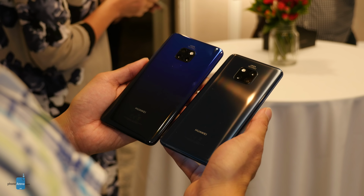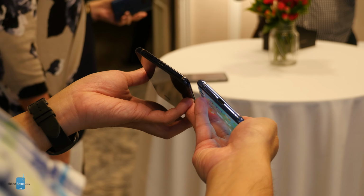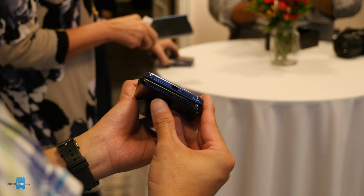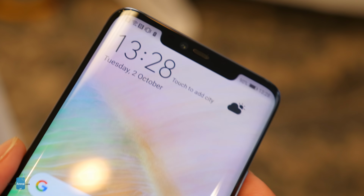And even though the Mate 20 Pro ditches the headphone jack in the process, it benefits from having an IP68 water-resistant construction. Yes, there's a wider notch with its display, which is a distraction of sorts, but it houses a new 3D depth sensing camera system similar to the technology deployed on the iPhone XS. You might be wondering if the implementation replaces the fingerprint sensor entirely for unlocking the phone, but that's not the